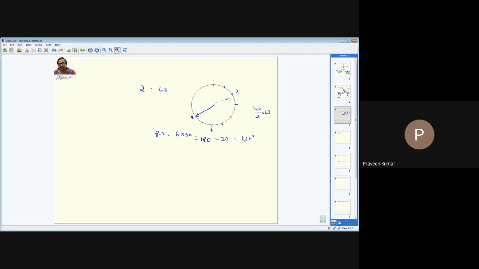160 degrees. You can also apply the formula and check. 30H minus 11M. Apply this and see here: 30 into 2 minus 11 by 2 into 40. So this is 60 minus, how much is this? 220. And modulus, so it doesn't matter. It will be 160. Though the formula is easy, I can do it this way also. Okay, fine. The next concept which I have to tell you is